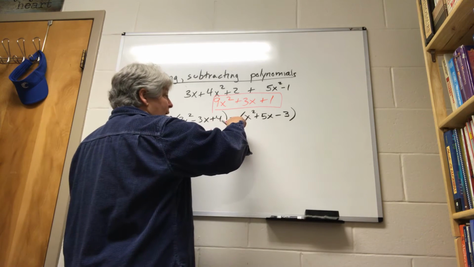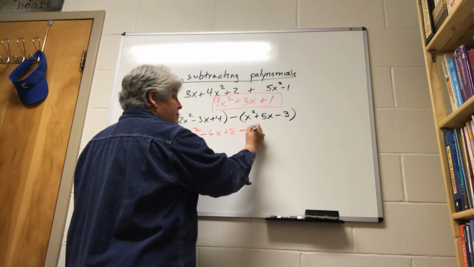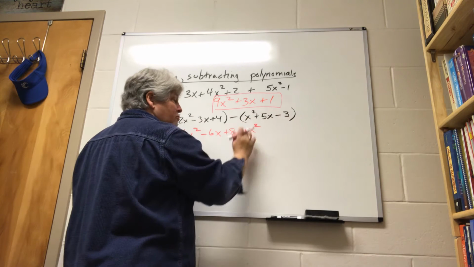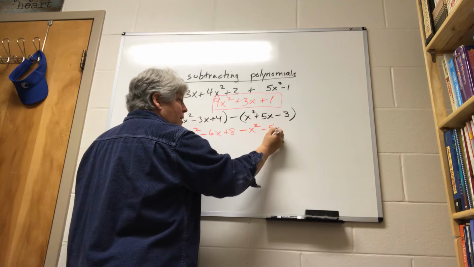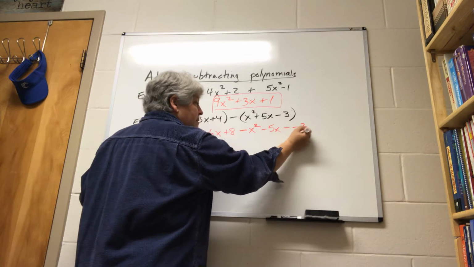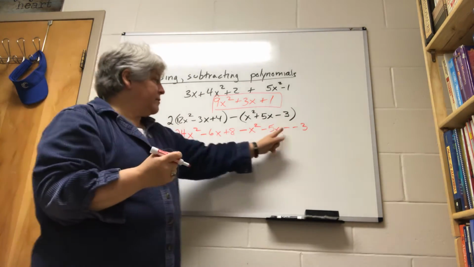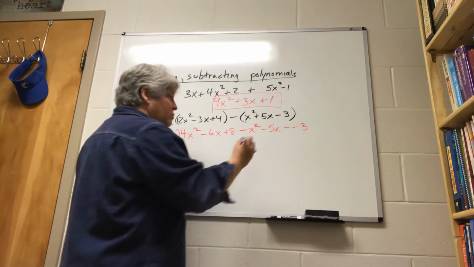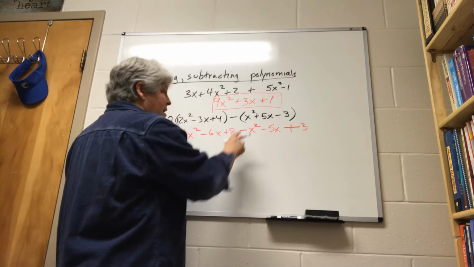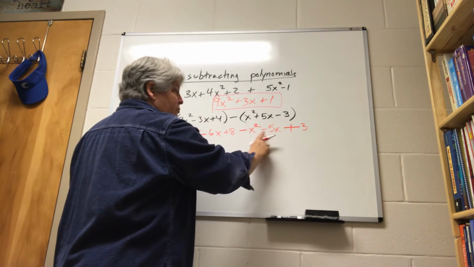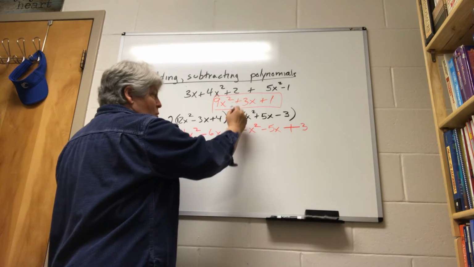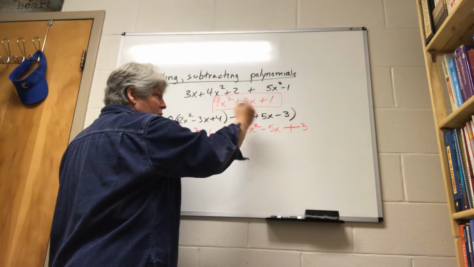Here, I'm going to subtract the x squared. I'm going to subtract also the 5x because I'm supposed to subtract all of this. And I'm supposed to subtract a negative 3. If you recall, the two negatives next to each other change to a plus. So notice every term within the parentheses flipped around in sign. That's the effect of a negative out in front. You can also put in a 1 here, a negative 1, and distribute it by multiplying,